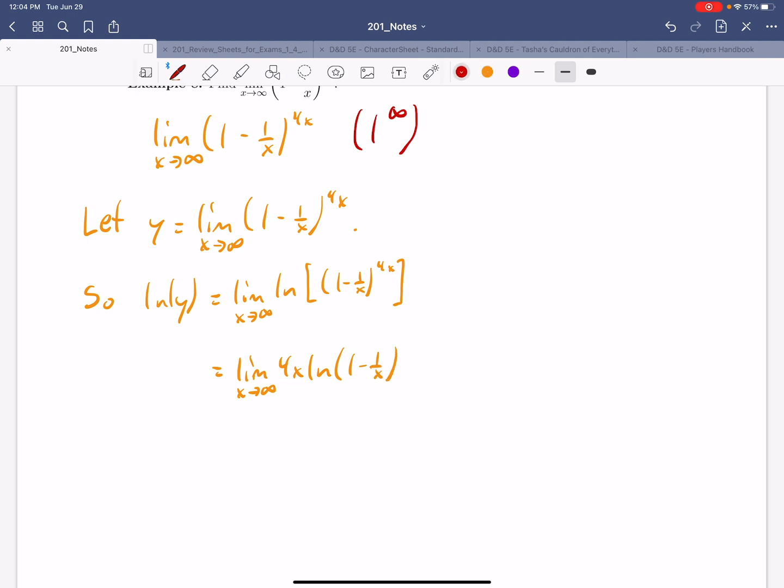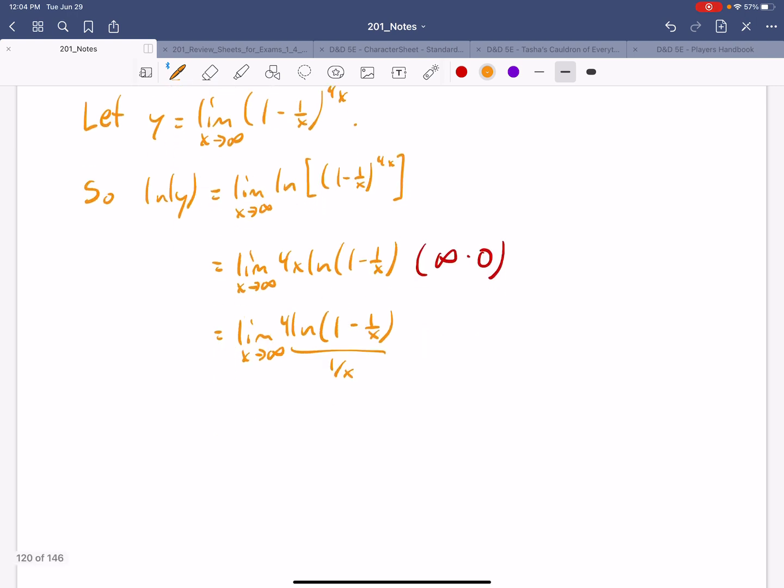Okay, now at this point, you might plug in infinity, right? Bigger and bigger values of x, and you see you get this. And that means, well, we can't use L'Hopital's rule yet, but maybe we can rewrite it, right? And now we have a 0 over 0 situation. And so now